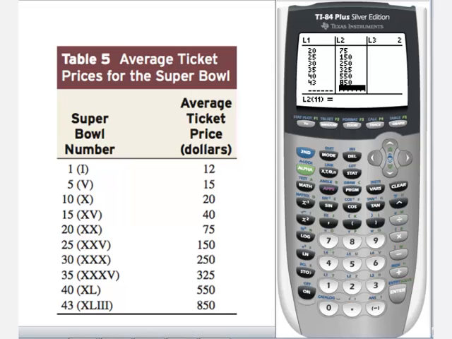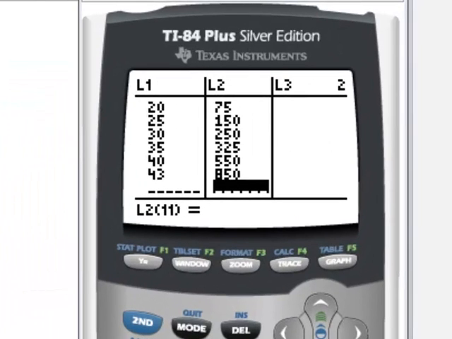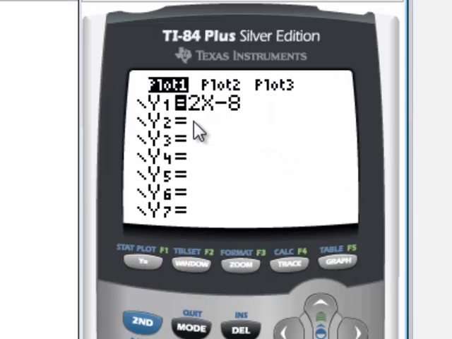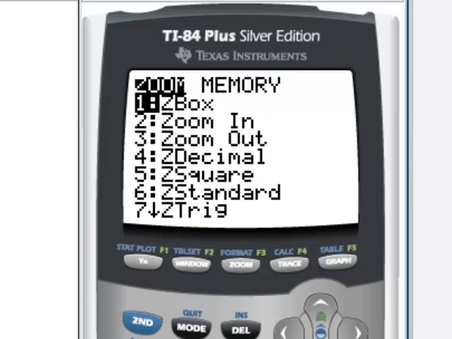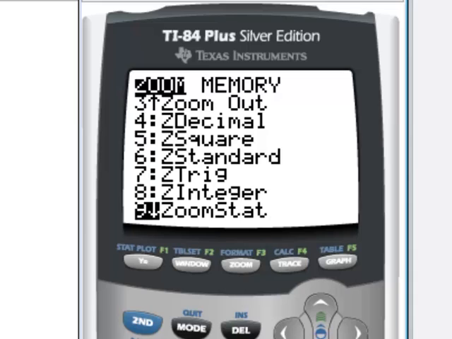Now before we graph our scattergram, we first must make sure that there are no equations in the y equals. Now, the way you check that is you go to the y equals, you click it. If you have any equations here, just press clear. Once everything is cleared, go to zoom and look for zoom stat, which is number 9. Hit enter,